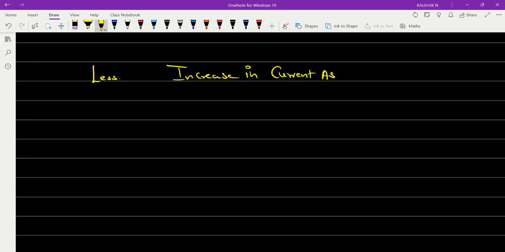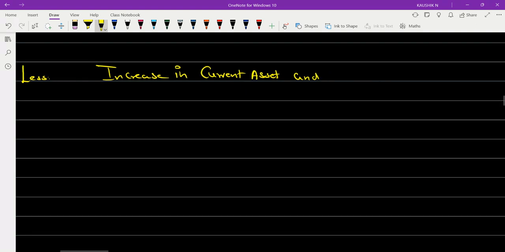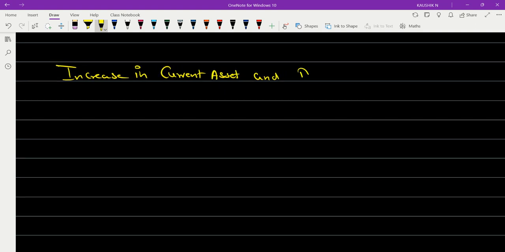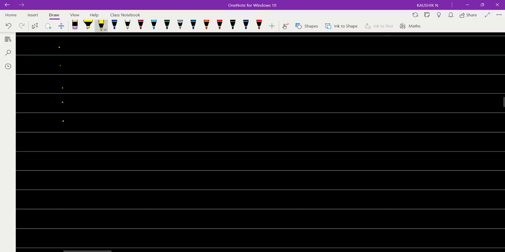current asset and decrease in current liability. Decrease in current liabilities. அப்போ இதுக்கீழும் ஒரு 4 5 items விட்டுருங்க. Okay, next the last item which you have to subtract is less